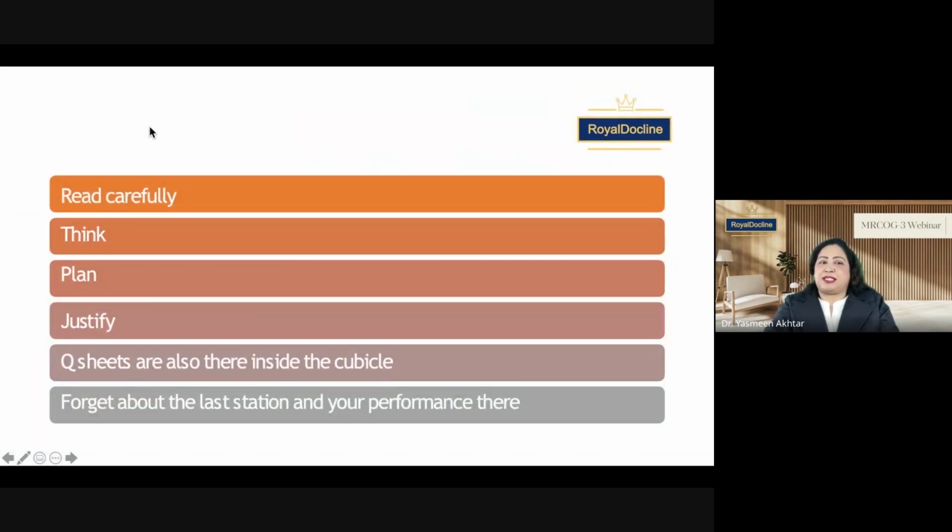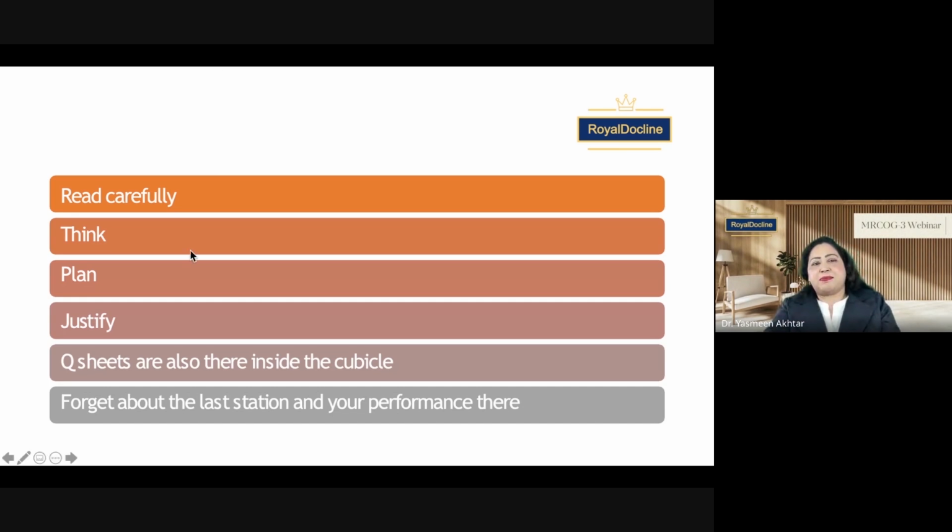So what will you do outside? Outside the station, read carefully. Read carefully. What is this? For example, a patient who is 28 weeks and she has got a high blood pressure with the headache, with epigastric pain, and she has albuminuria 2+. Immediately, your mind will open up to preeclampsia and you will start registering. Okay, so this is my preeclampsia patient. In the history, I have to ask about headache, visual disturbances, epigastric pain, her urine output, her fetal movements, her bleeding, blindness, visual loss. These points and these templates should be ready when you are preparing. And that template will open up in your mind.